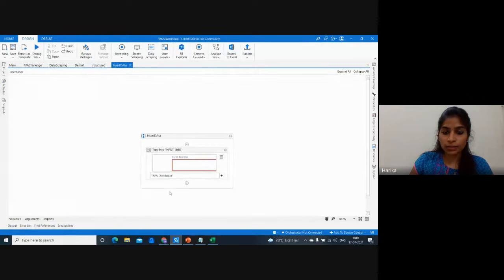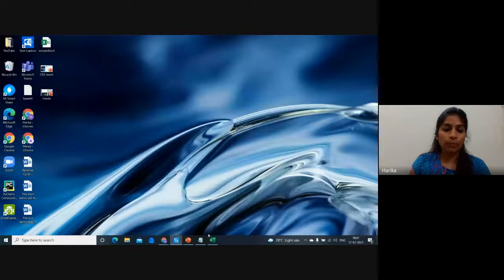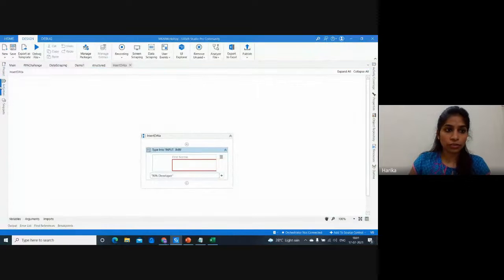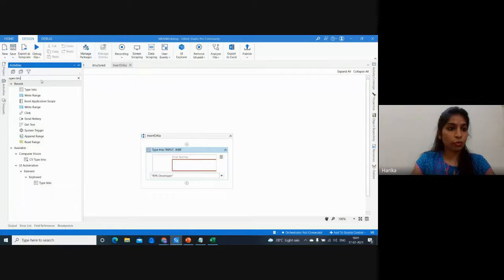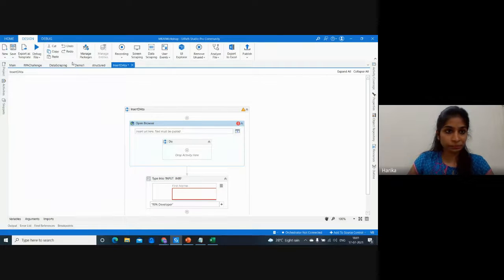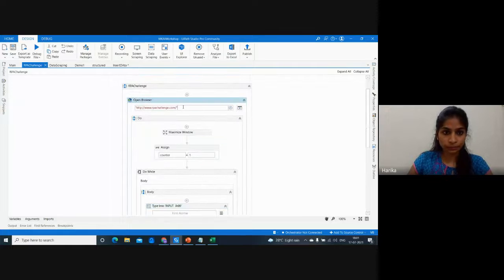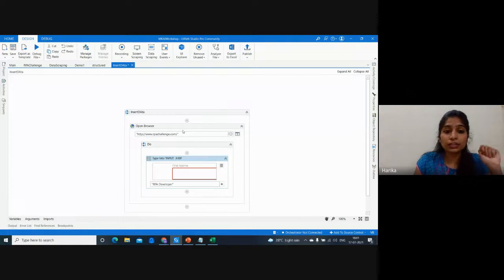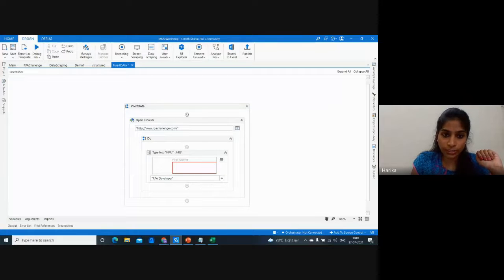So when I run this, it has to go into role in the company and provide the data, which is RPA developer, right? So I'm just going to run. Okay, before I do that, we have to open the browser. I have already shown you how we can do that. Go to the open browser activity, pull it in, and I've taken the URL from here. Whatever activities we are doing inside this application have to be inside the do block. So that's why I've pulled it inside the do block.